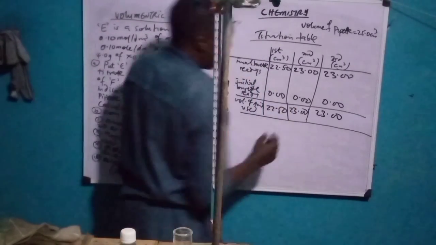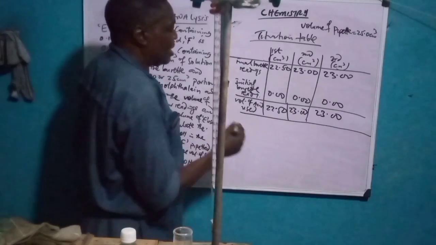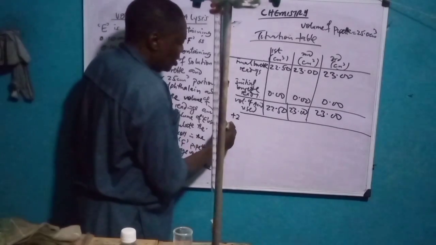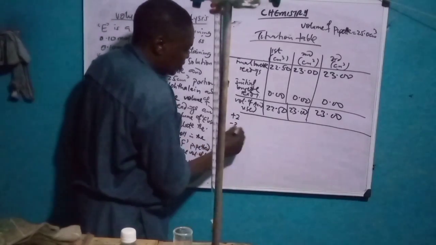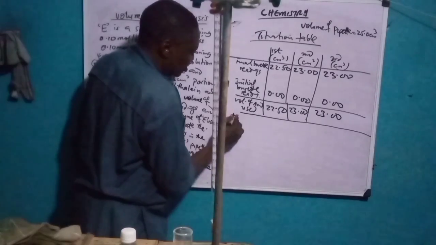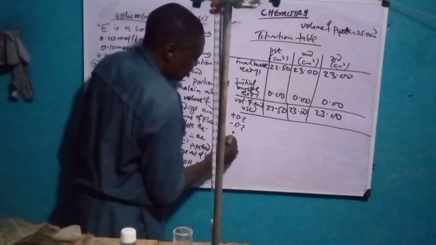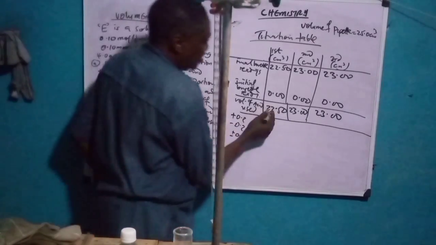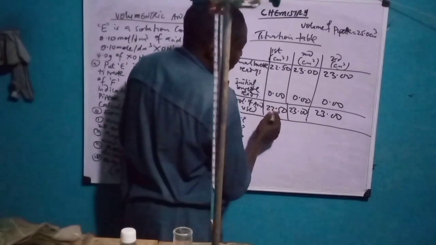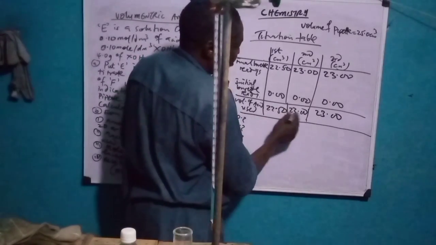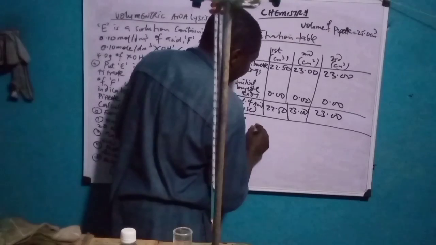22.50. Remember we said two concordant. They must not differ by more than plus or minus 0.2. If you look at it, 22 away from this is 5, is plus 5, so we cannot use this. These are the same. So you now say volume average,